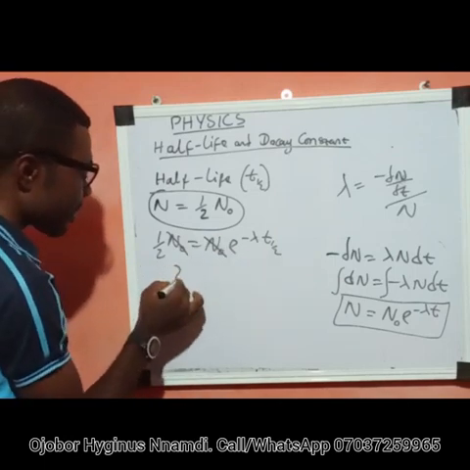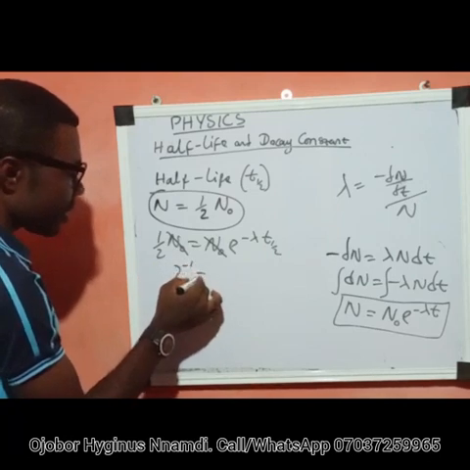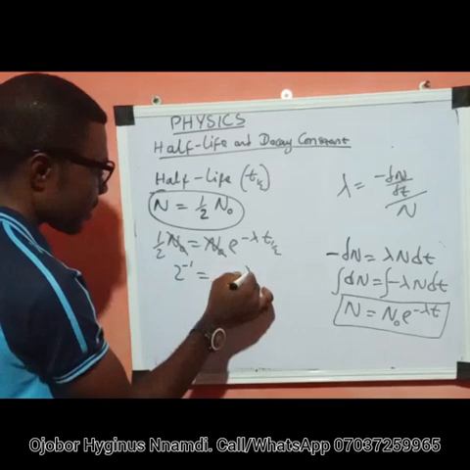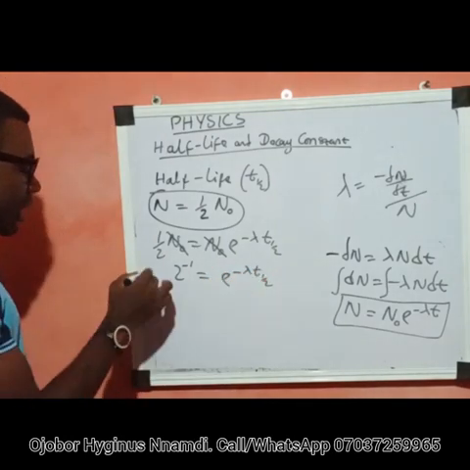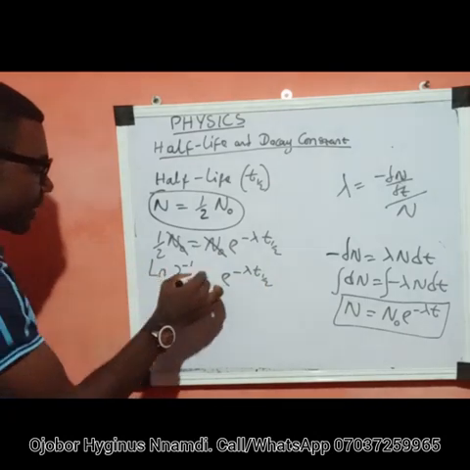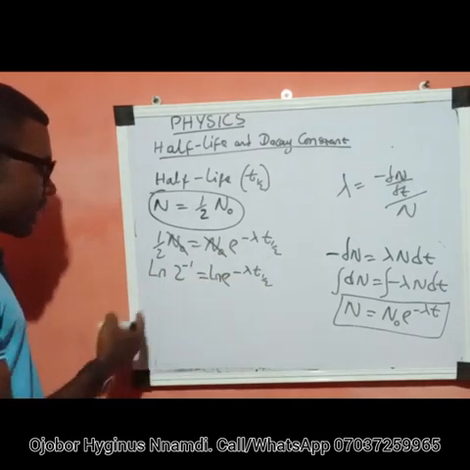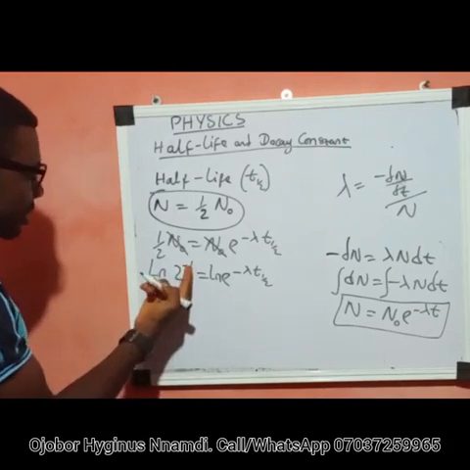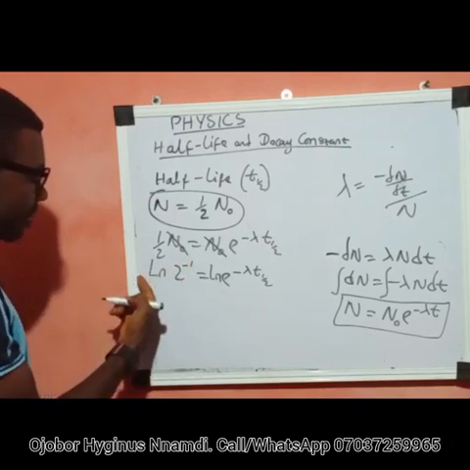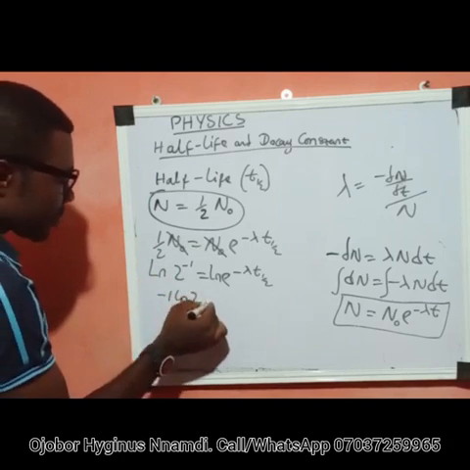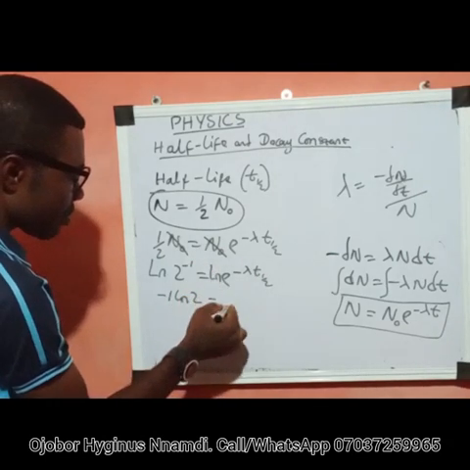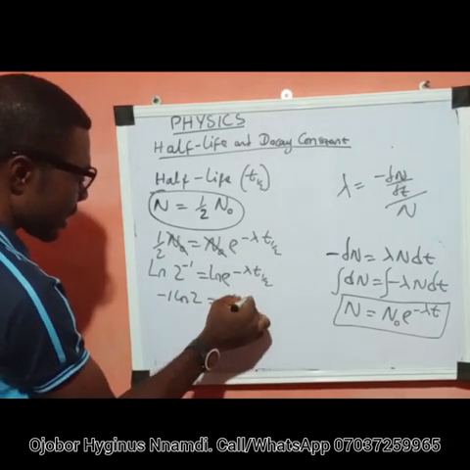Of course, this half can be written as 2 raised to power minus 1 equal to exponent minus lambda T half. If we take the natural logarithm of both sides, that is ln of both sides, by the law of logarithm this minus power can move behind. We have minus 1 ln 2 equals this one can also move behind, minus lambda half-life